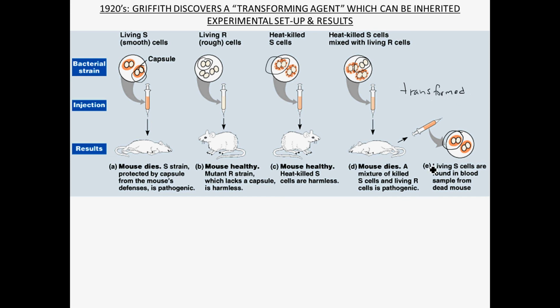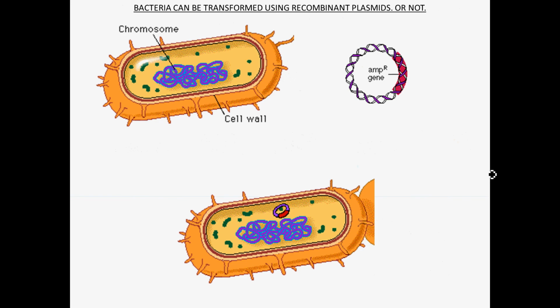So he coins this term, and it turns out that something similar to what we are doing was happening there, where you had the R, and the DNA from the S was in some way being incorporated into these R cells. So now you had S DNA inside there, and that made them living S, and so the DNA of the S was being transcribed and translated, and you're getting the characteristics of it actually looking like S. It turns out that bacteria are able to do this naturally all the time, and we are going to exploit that, or take advantage of that, in biotechnology. So in general, biotech takes advantage of naturally occurring